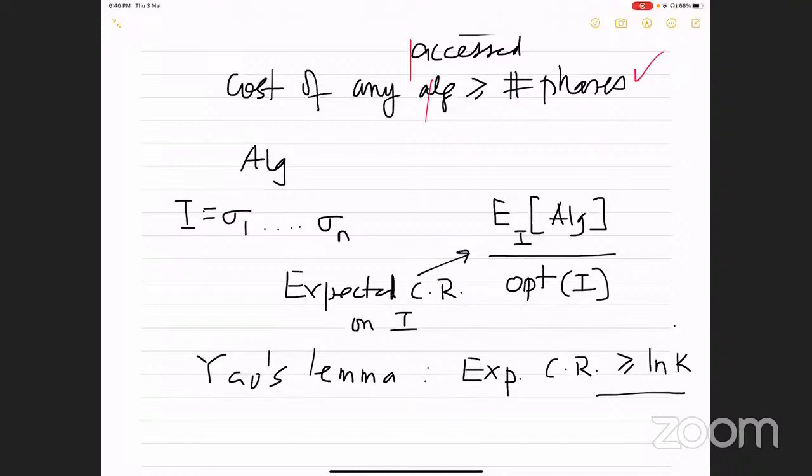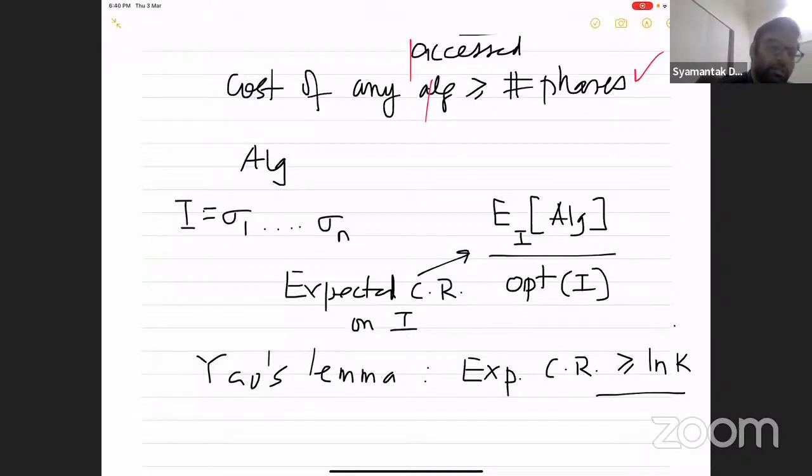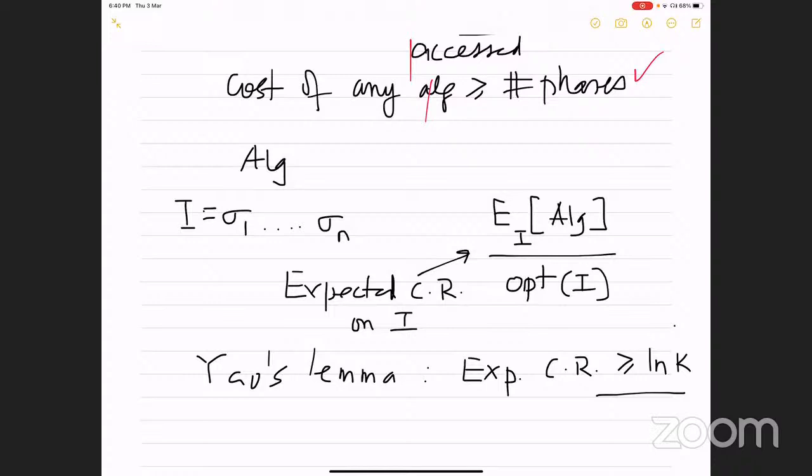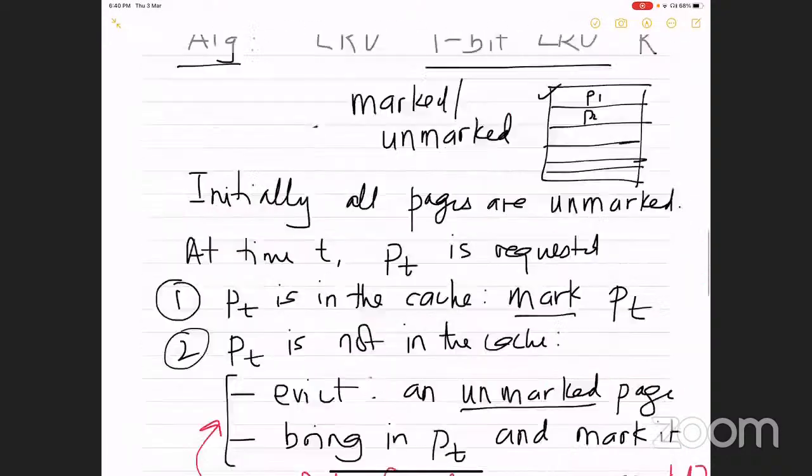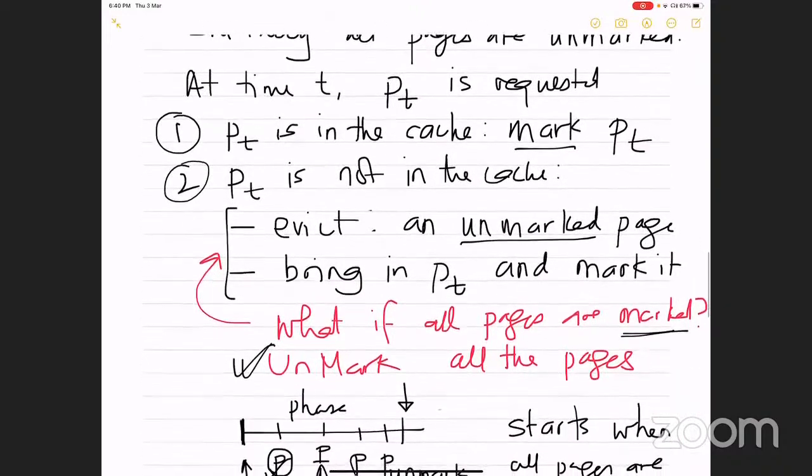It can help, so there are settings. There are two kinds of adversary people look at: oblivious and non-oblivious. I am talking about oblivious only. In this context, you have to look at oblivious. Otherwise, again, the same example that I showed you will give a k. But in general, it's not true; sometimes it can help.